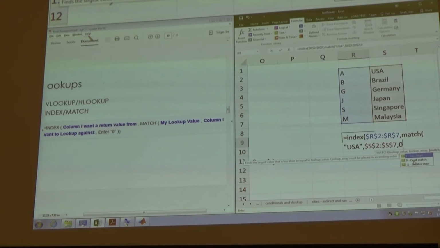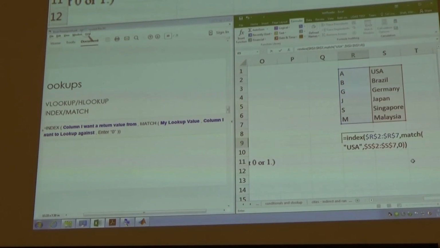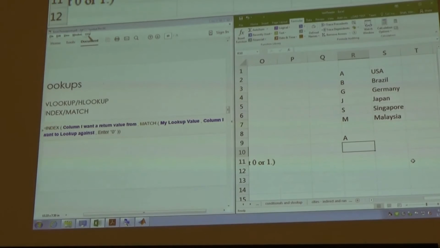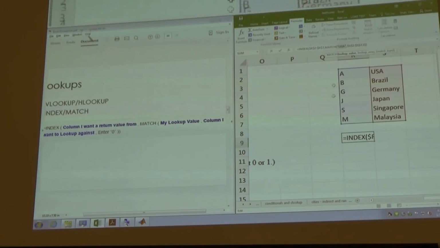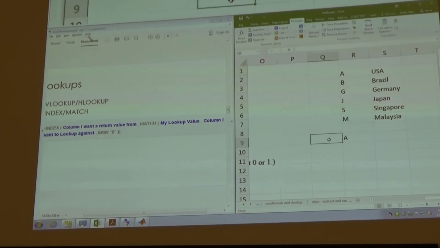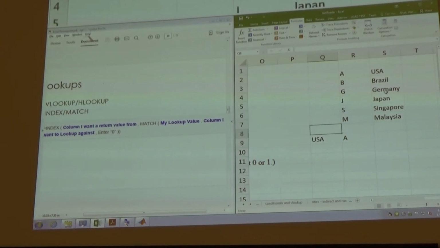Notice here how it's in square brackets? That's an optional argument. So if you don't put it in, it'll default to nearest, and it won't even tell you. So that's critical. Type a 0 there, type 2 closing parentheses to round out those formulas, and you have your match. And the power of this is, of course, that if I type USA here,